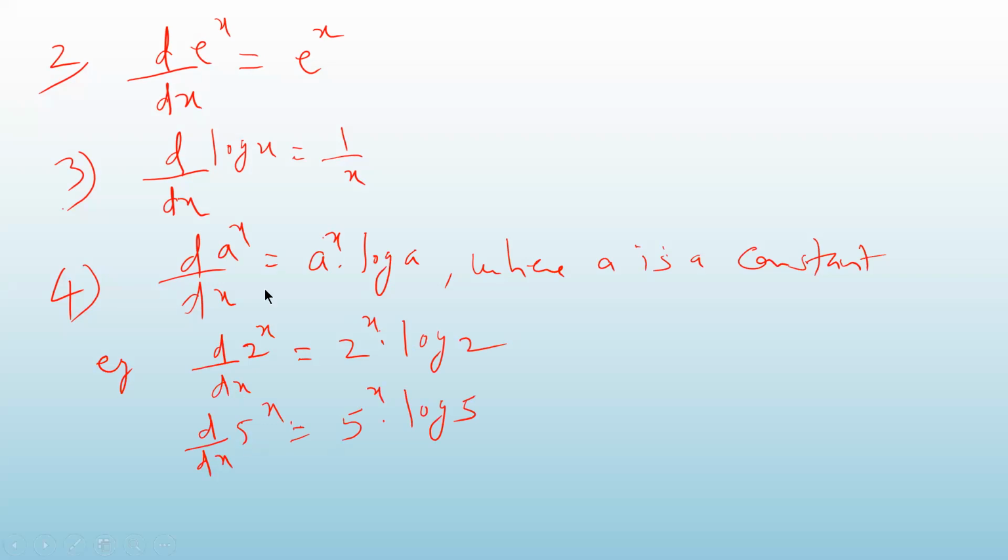Many times students get confused with this formula and the first one. So let me explain so that there is no confusion. If I ask you to find the derivative of x raised to 5, which formula will you apply? You will apply the formula for the derivative of x to the power n, which is n into x raised to n minus 1. So n is 5, and it becomes 5 into x raised to 5 minus 1, that is 4.